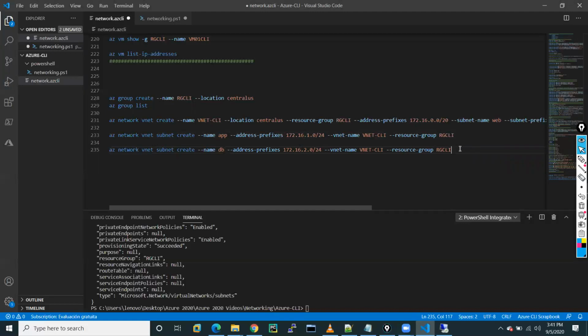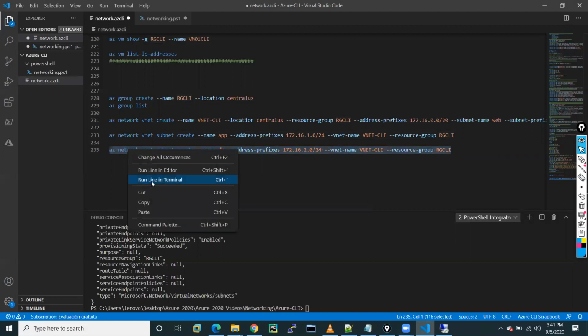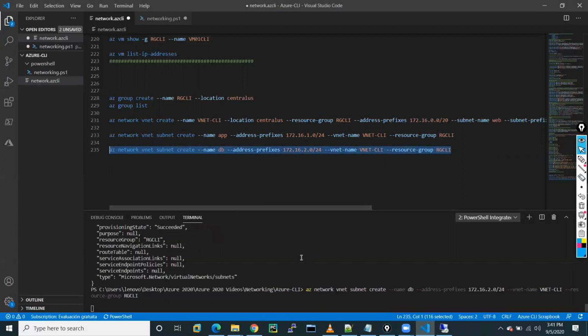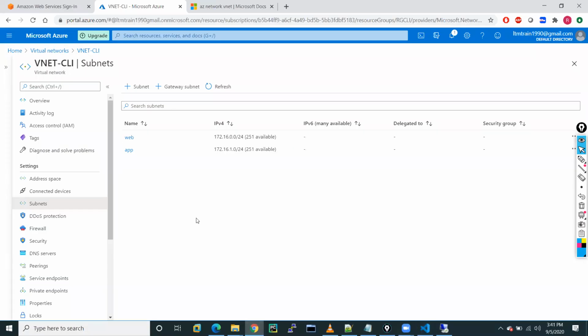This is the way I also follow when I work on my production work. Run it in the CLI, so it will basically create the DB subnet as well. Okay, DB is also created. Now let me come back to my VM.